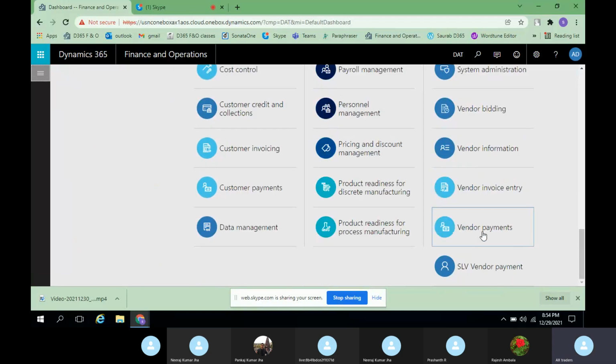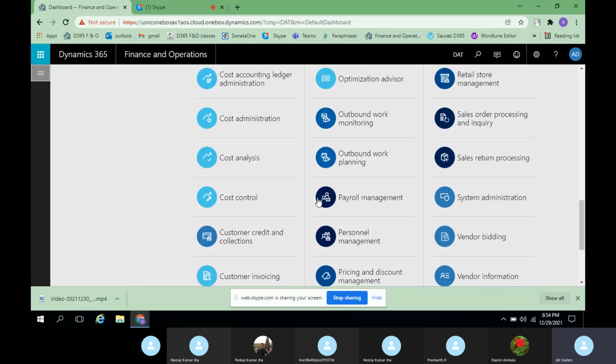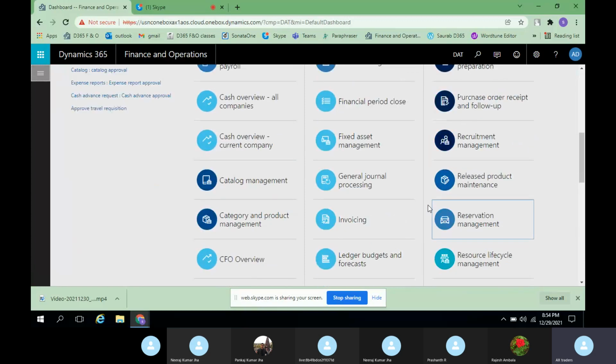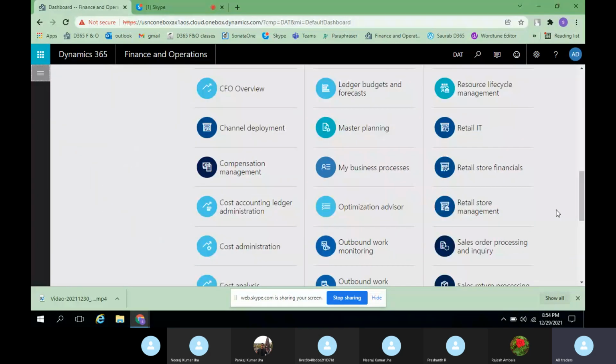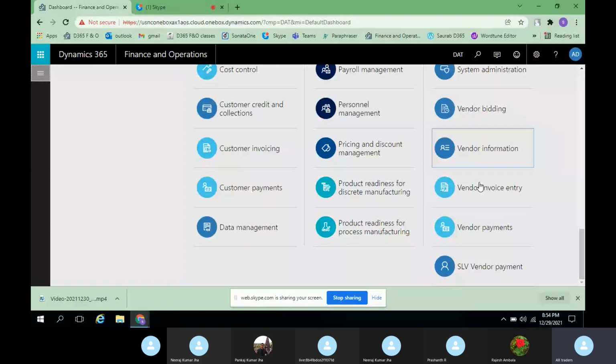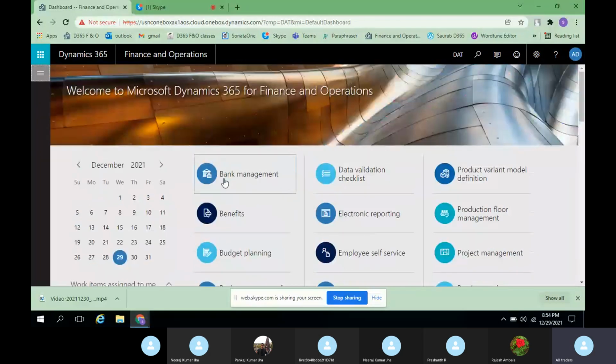Let us assume you have been given access to work only on vendor payments, vendor invoice entry, vendor bidding or vendor information. Only these workspaces will be shown on your dashboard. Or else, even though other workspaces will be visible, you will not be able to access them. Most of the time, these workspaces will be customized as per the requirement of that particular team. And it is not mandatory that you have to use only this bank management.